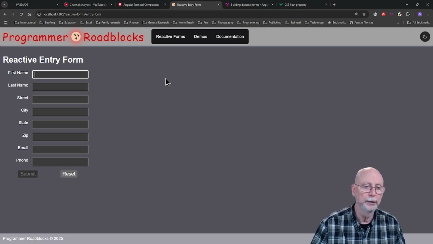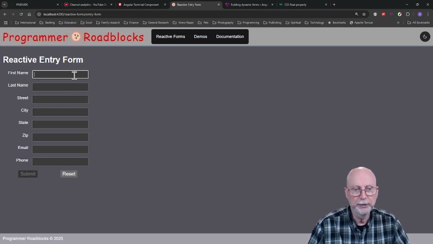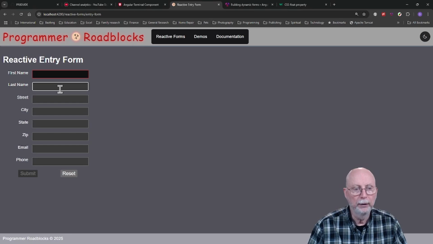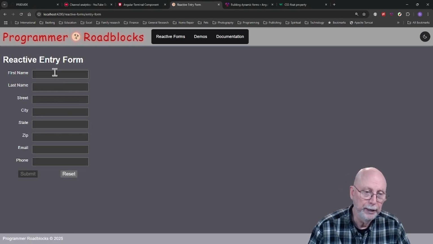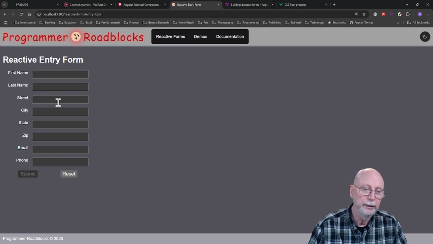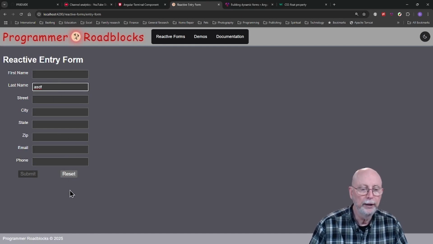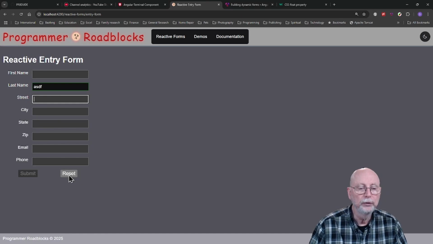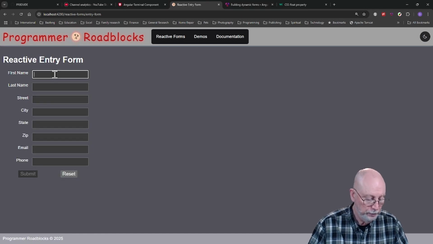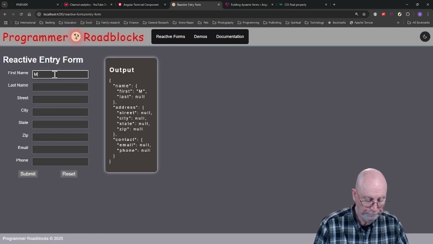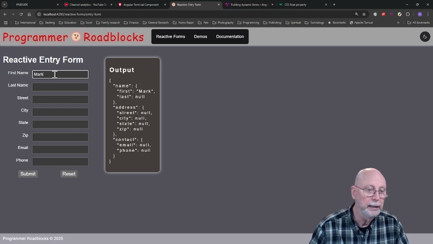So let's go up here, and this is the one that's got required field. I've touched it. Now let's go out. You can see that it's got an error. If I do a reset, it clears that. So it only makes it invalid if you touch it. So now I'm going to put a name in there,